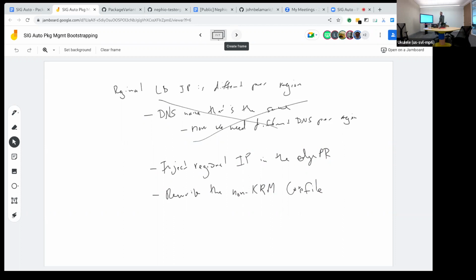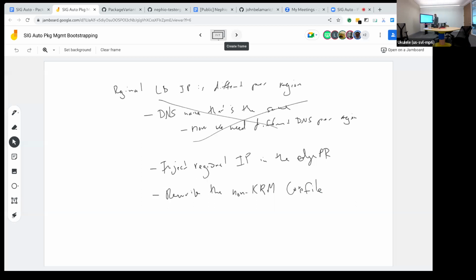So there are actually two problems we need to solve here that we've identified by looking at this relatively simple package. The first one is what package variant and package variant set hopefully can do for us. The second one is something we'll probably need to write a custom KRM function for. The solution I would take is to use package variant set to inject some sort of KRM resource, because it understands KRM resources.